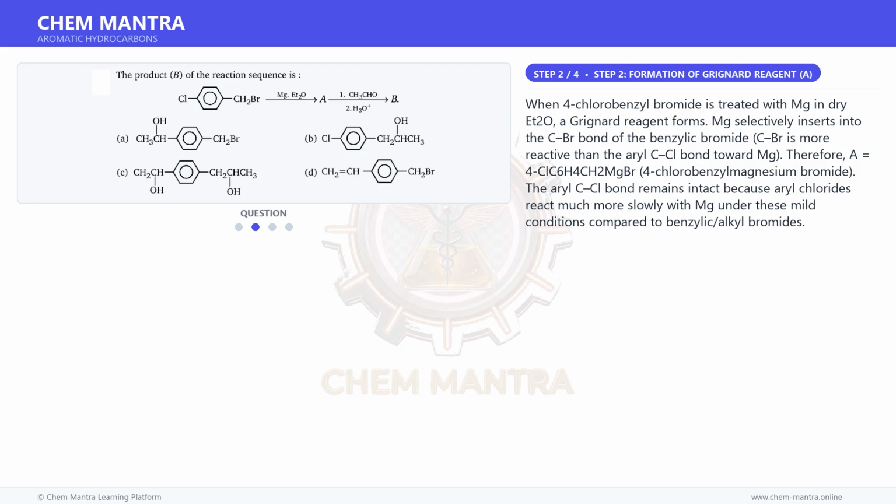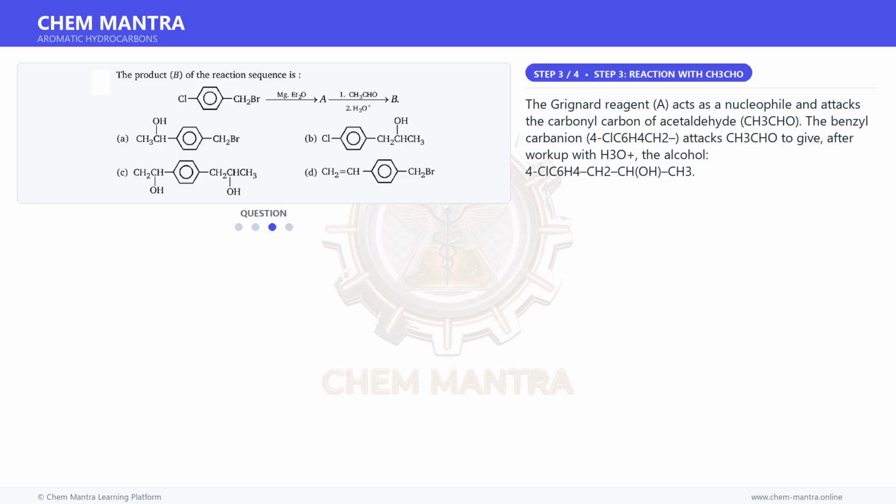The aryl C-Cl bond remains intact because aryl chlorides react much more slowly with Mg under these mild conditions compared to benzylic alkyl bromides. Moving on to the next step. The Grignard reagent, A, acts as a nucleophile and attacks the carbonyl carbon of acetaldehyde, CH3CHO. The benzyl carbanion, 4-ClC6H4CH2, attacks CH3CHO to give, after workup with H3O+, the alcohol,